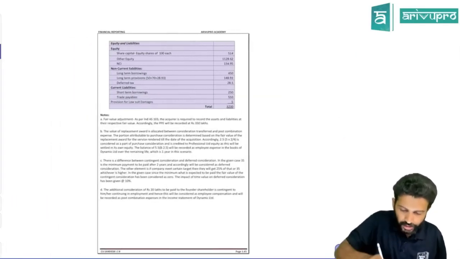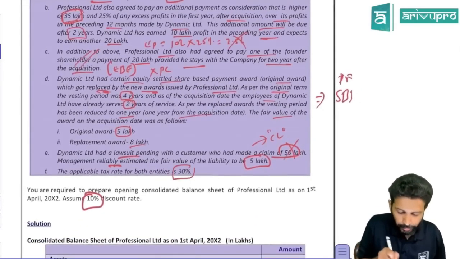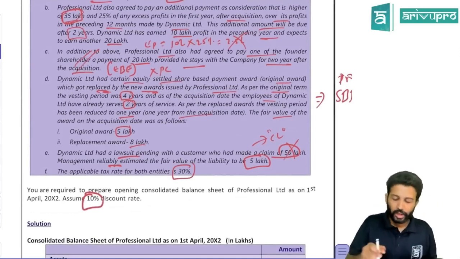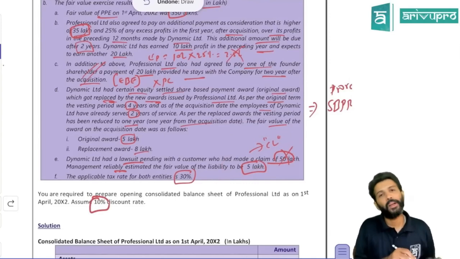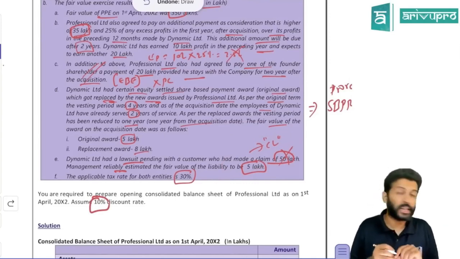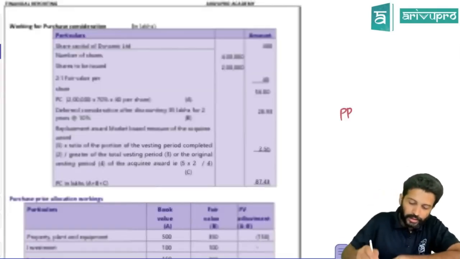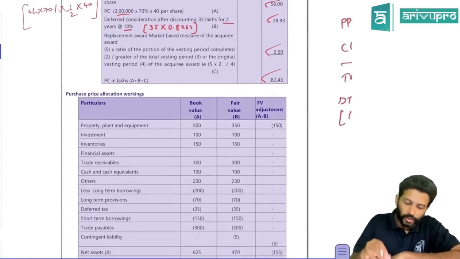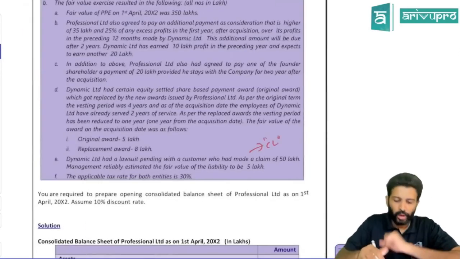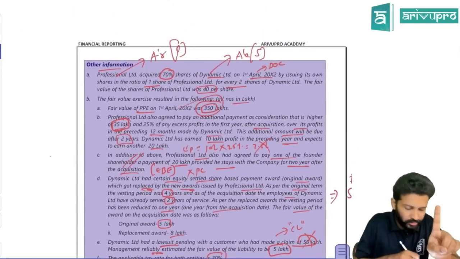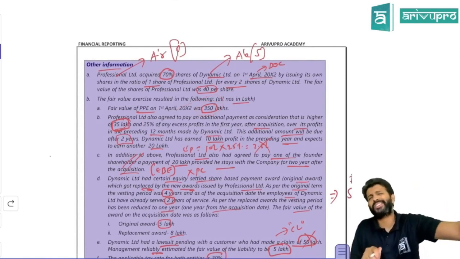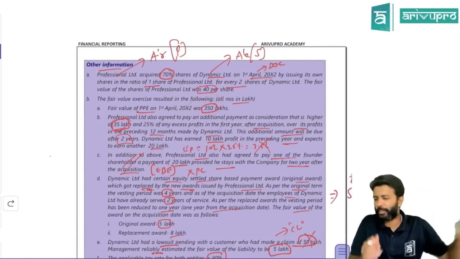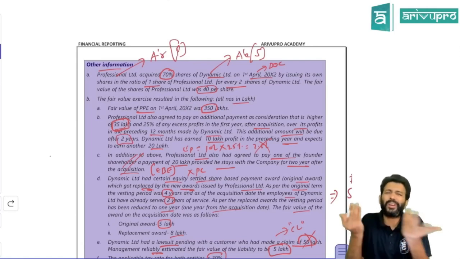So the tax rate given, always check once. Yeah, the tax rate of both the applicable entities is given to be 30%. Awesome. So that means, because there is a fair value adjustment and one extra liability has come, you will get some deferred tax asset or deferred tax liability over here. So first let's do the fair value adjustment. If you check every asset at fair value, no, only PPE has a fair value, right? For the fair value of net assets of the subsidiary company, all the assets and liabilities you copy from the balance sheet only, because their fair value and book value are the same.